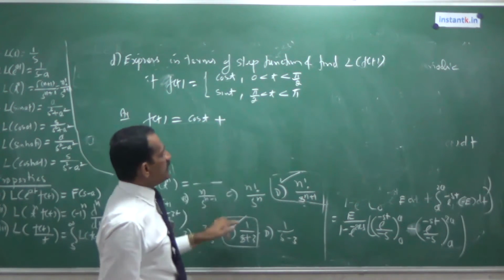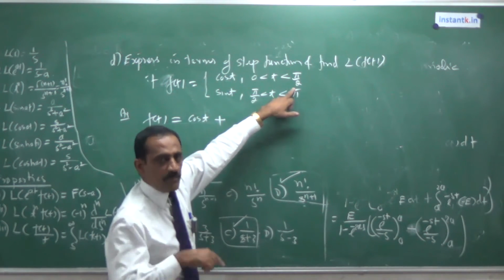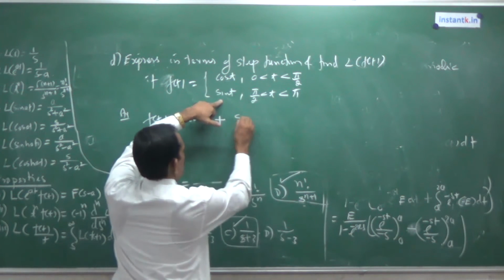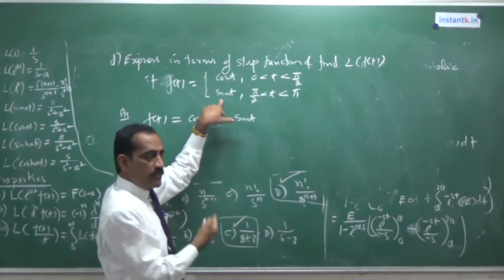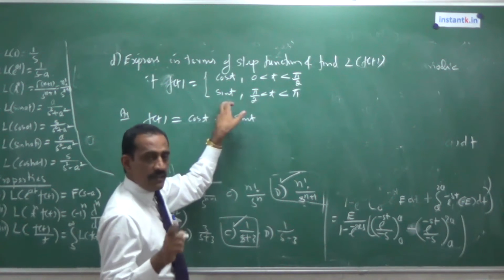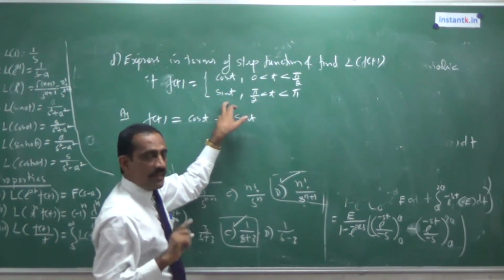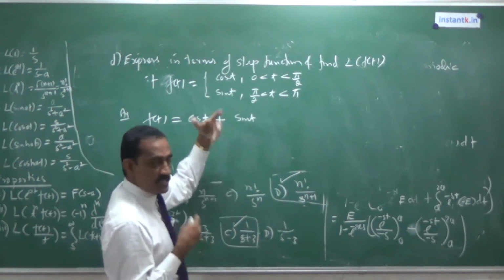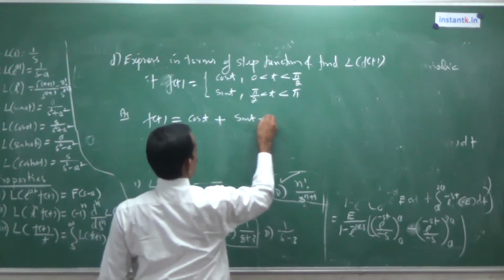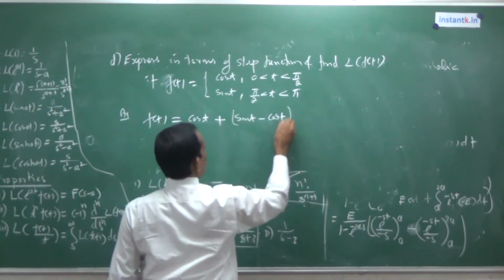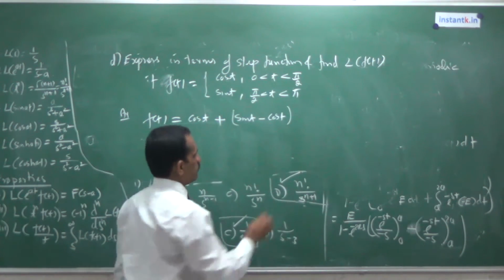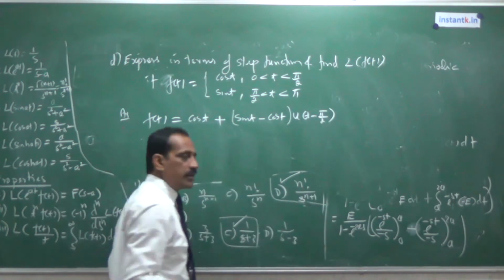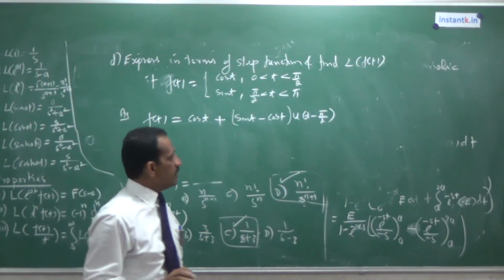After that, this works only up to pi by 2. After pi by 2, I need sin t. So first, what you want, you insert. Write sin t. Then it is just like a musical chair. At a time, only one person can sit. So sin t is there. When sin t comes here, the previous one must go out. So remove this. But when do you have to do it? When t is greater than pi by 2. So put a switch like this. It is called step function or Heaviside function, unit step function.